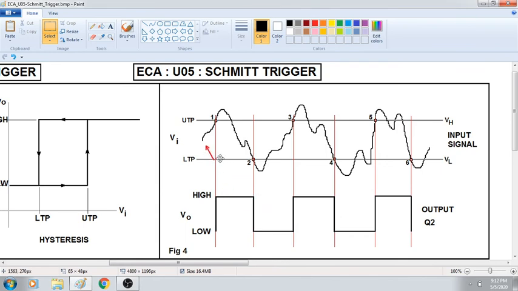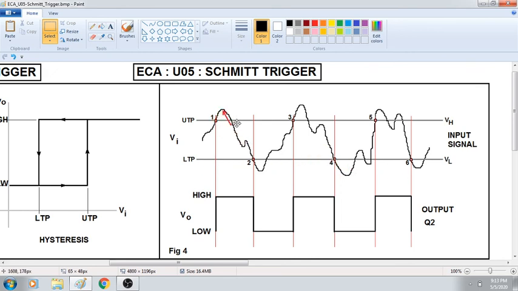Now how do we plot? We will assume that the input voltage is increasing. When the input voltage is here, nothing will happen. Okay. Now when it is crossing the upper threshold point from the lower level to the higher level, here we will see that the output will jump from low value to high value, and it will remain there. See what is happening: the UTP is also changing to LTP. Now no longer this UTP is valid. Once it crosses, the emitter voltage will change from upper threshold to lower threshold. New value has come here.